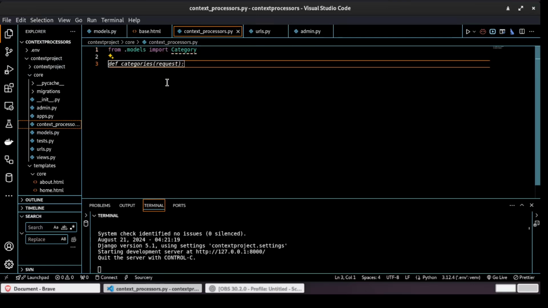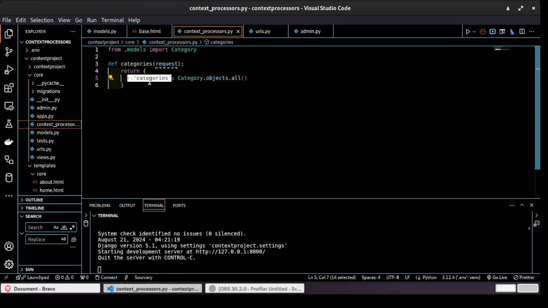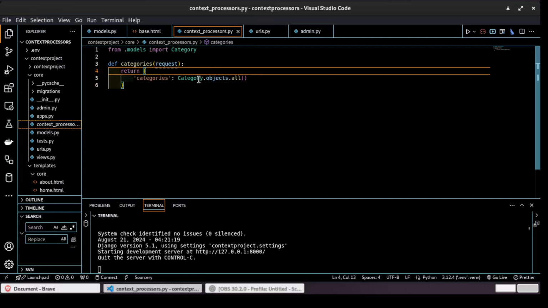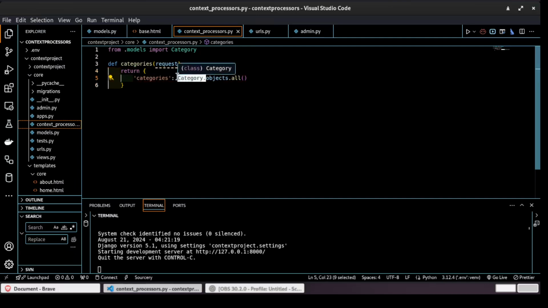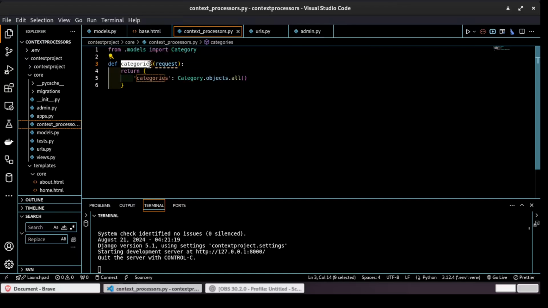Okay, so I'm saying def category, let's define our function which takes a request and then returns what? Returns a dictionary. You can see this is a dictionary with key and a value. A value is all the categories in category table, all objects inside this category model. Okay. Then once we have done this, now what we will do, we will add this category context processor inside